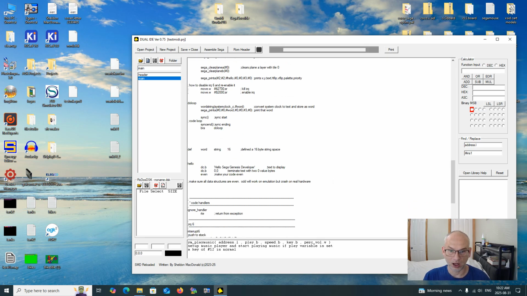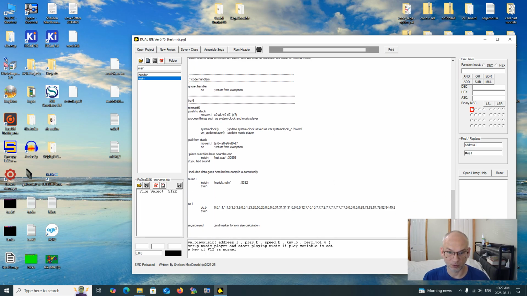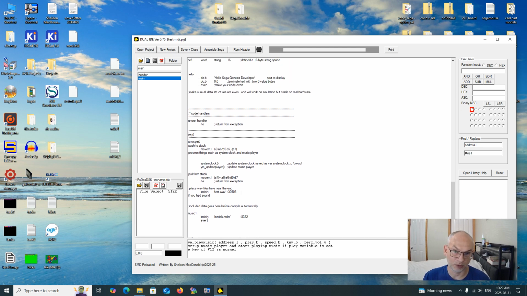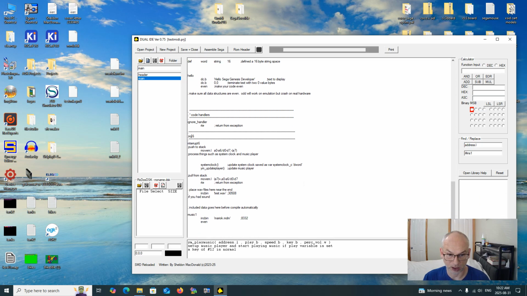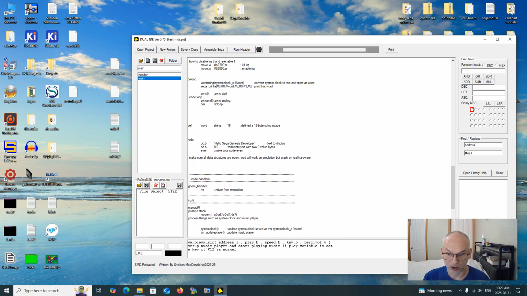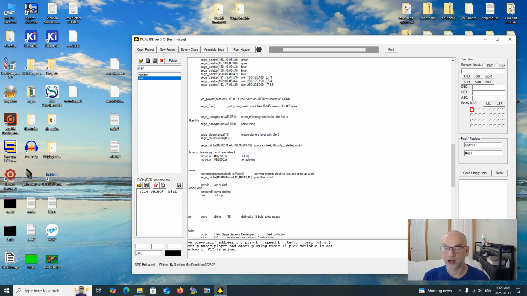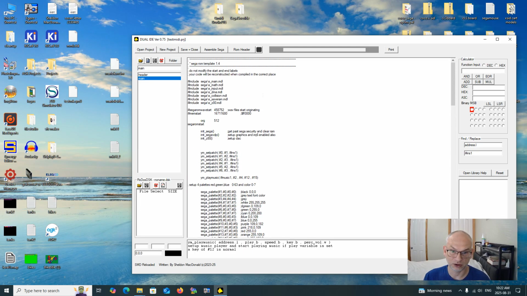Okay, down at the bottom, we included a generic instrument. We've added the Mario MIDI that was exported, and boom, and we also added the music player into the interrupt 6. Okay, and that'll automatically be firing with this editor, so you just have to throw code in there, it'll get included into the interrupt. Okay,